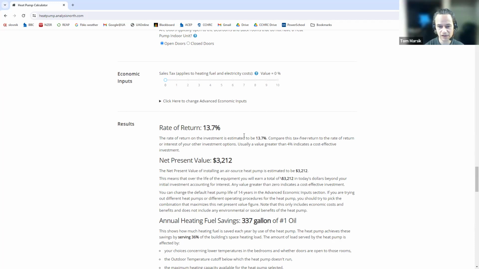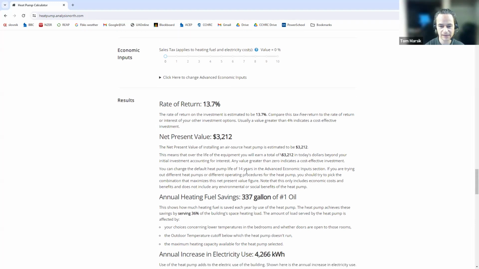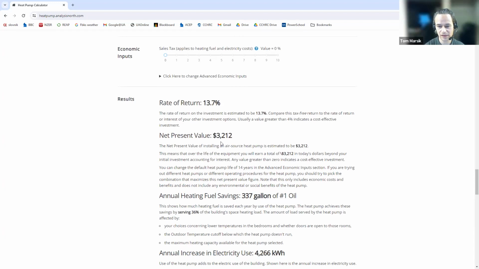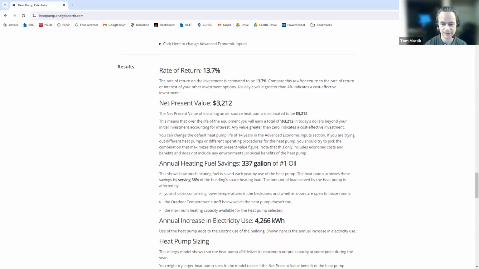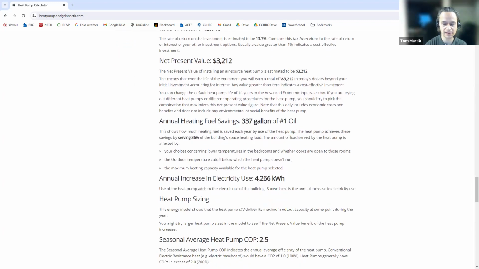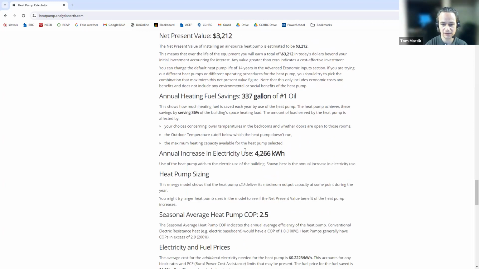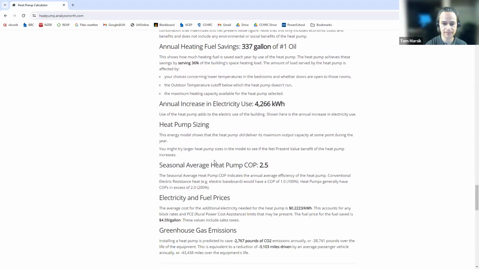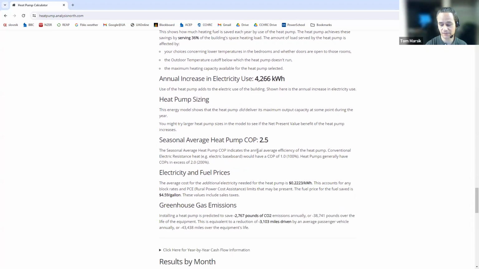So, a very good rate of return, 13.7%, net present value, over $3,000. So significant savings over the life of the heat pump. Annual heating fuel savings, significant savings. In the heating oil, of course, you are going to use more electricity now that you have the heat pump, but the cost of that electricity is less than the savings in the cost of the heating oil. COP of, again, about 2.5, and